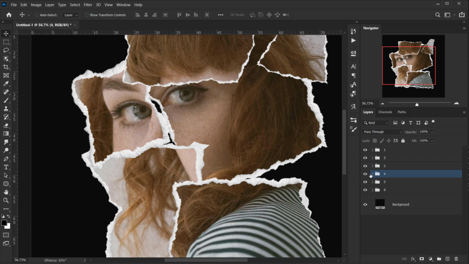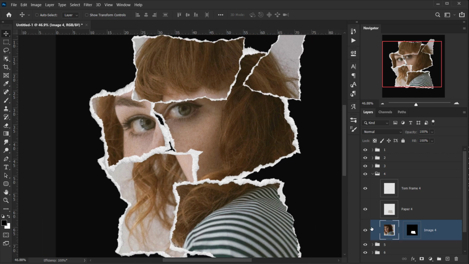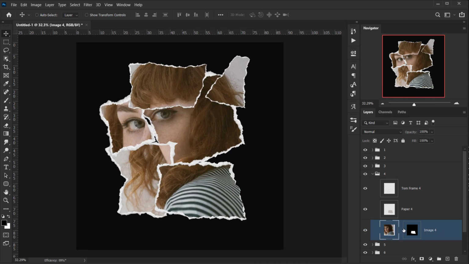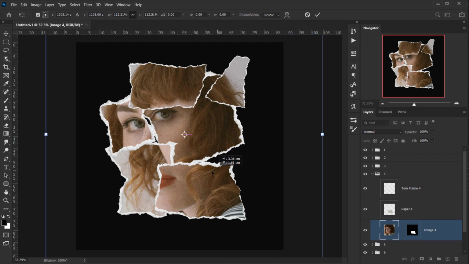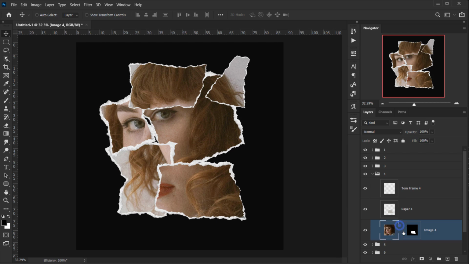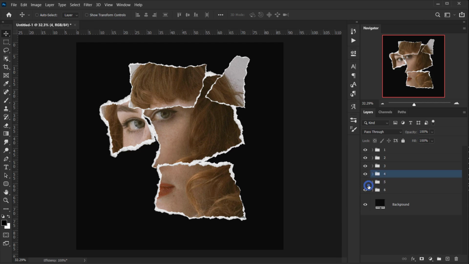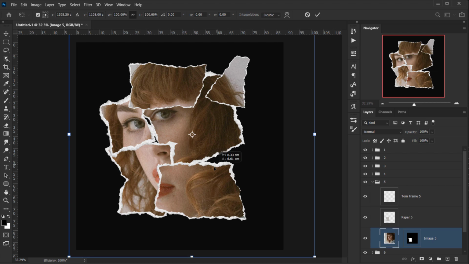Now we'll go to the group number 4, and I will unlink the layer mask again, and I will move this to focus only on the face. I want it to be a little bit down where the mouth is, and again I'm going to make it big, just like that, maybe a little bit bigger. All right. And again, I will link it again. And number 5. Again, I will unlink the layer mask from the image. This time I want to follow the feature of the image.